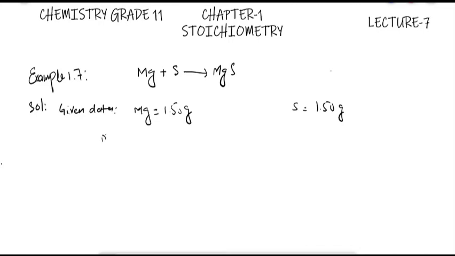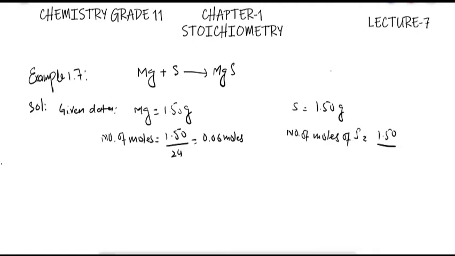So the number of moles of magnesium would be the mass in grams, that is 1.50, divided by the molar mass of magnesium, that is the atomic mass of magnesium, and that is 24, and this is equal to 0.06 moles of magnesium. Now to find out the number of moles of sulfur, this is equal to the mass in grams of sulfur divided by the atomic mass of sulfur, that is 32, and this is equal to